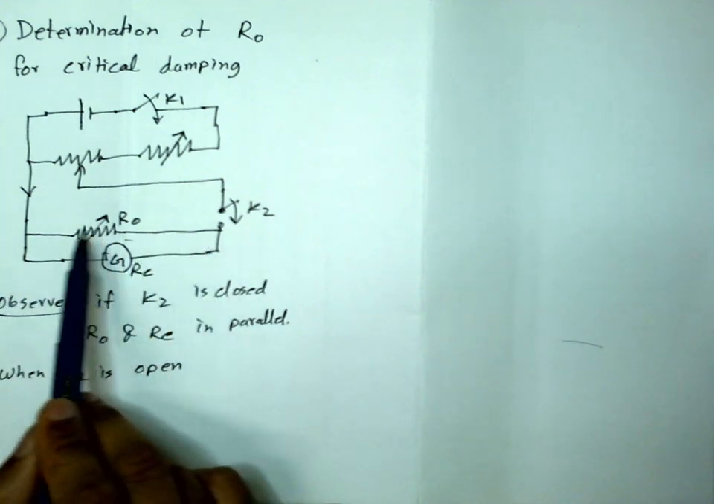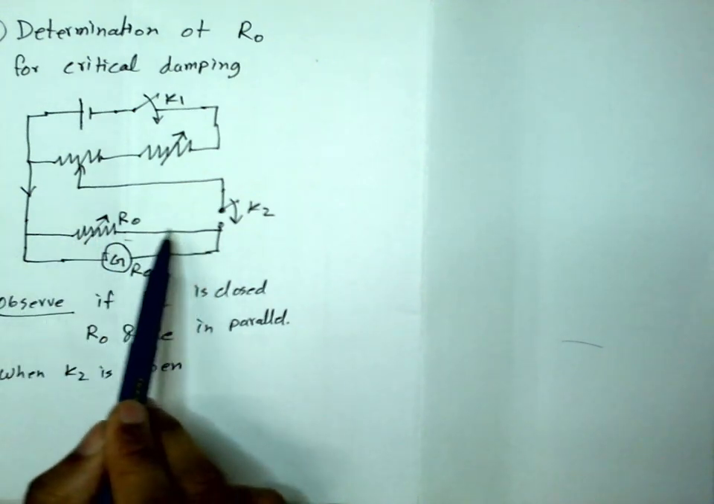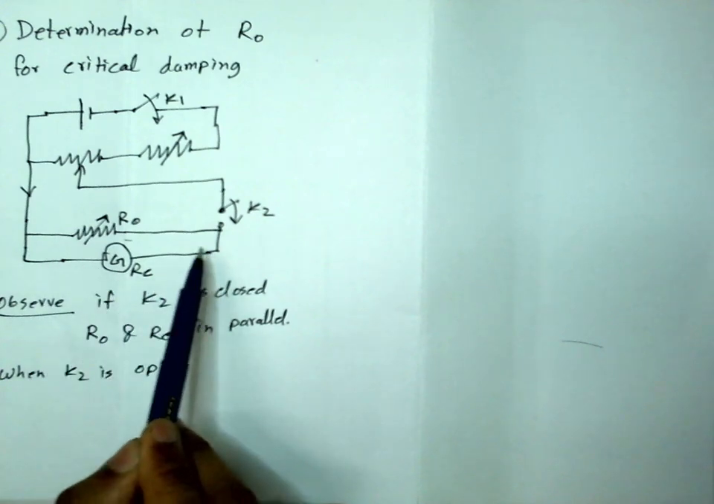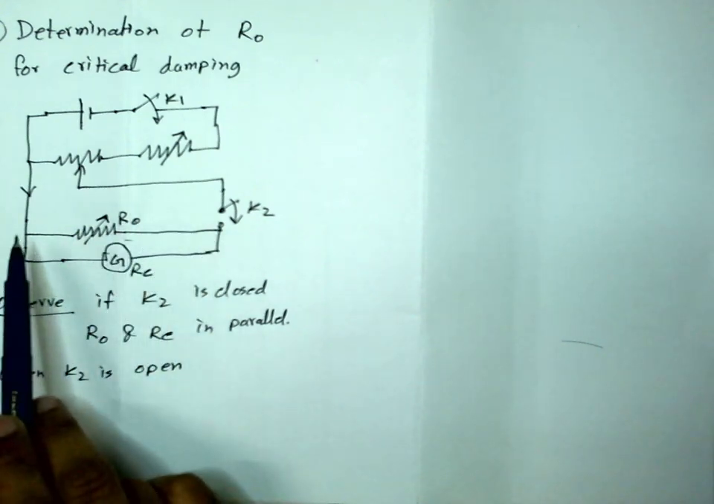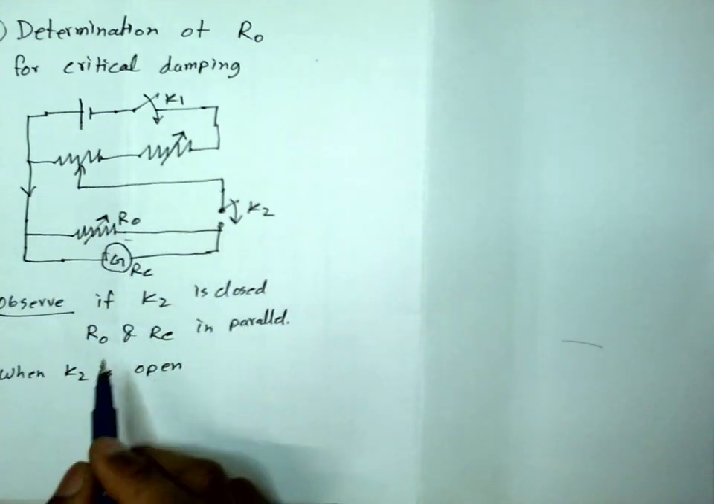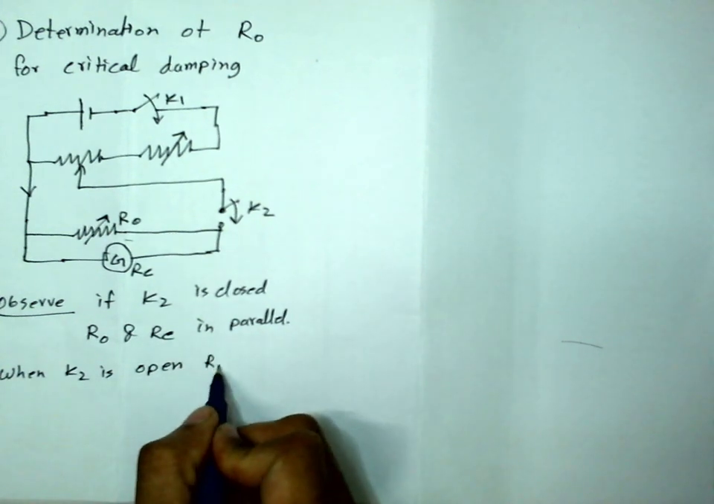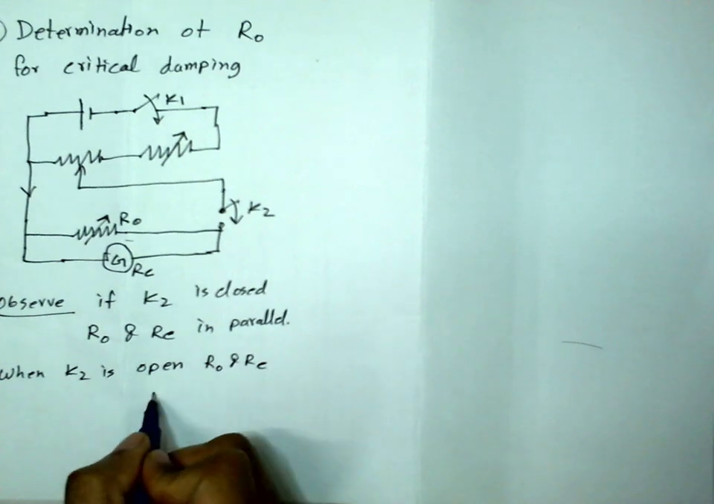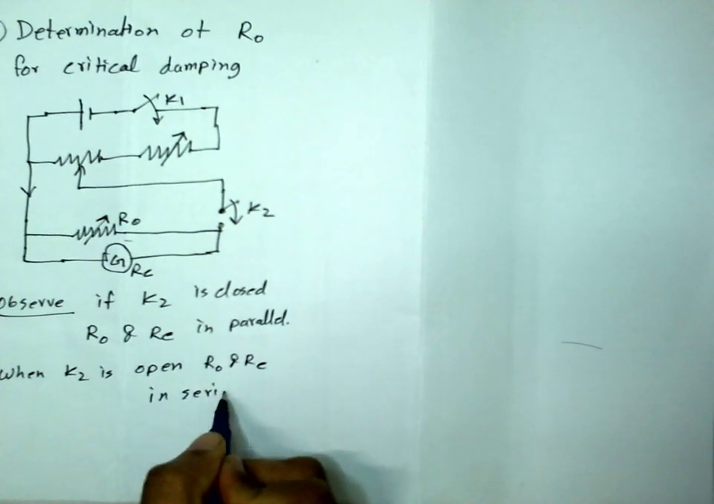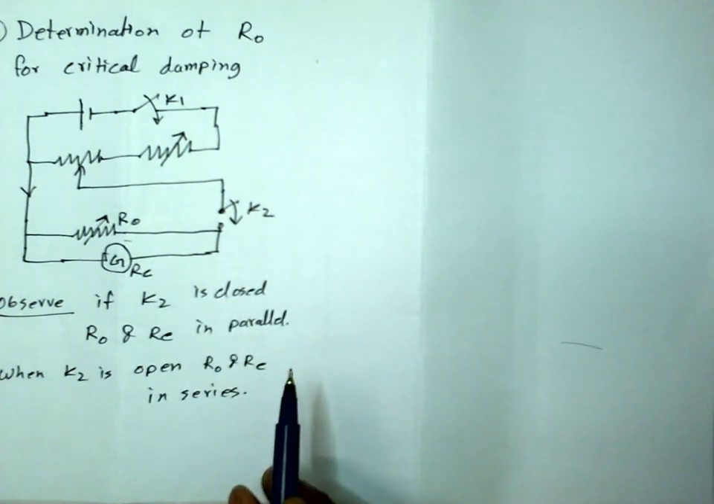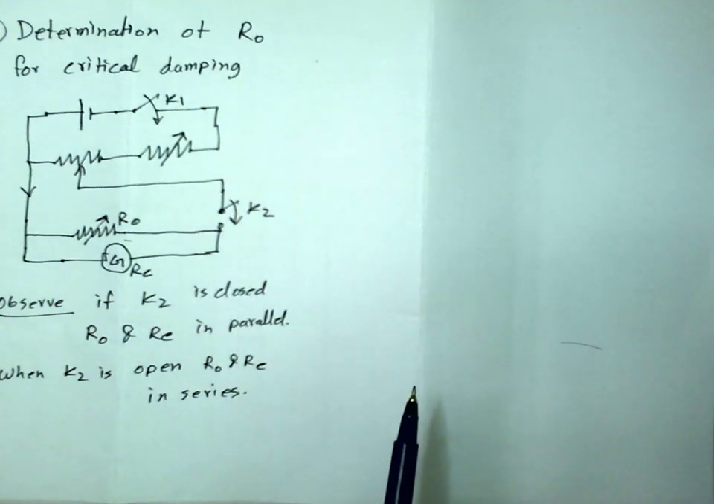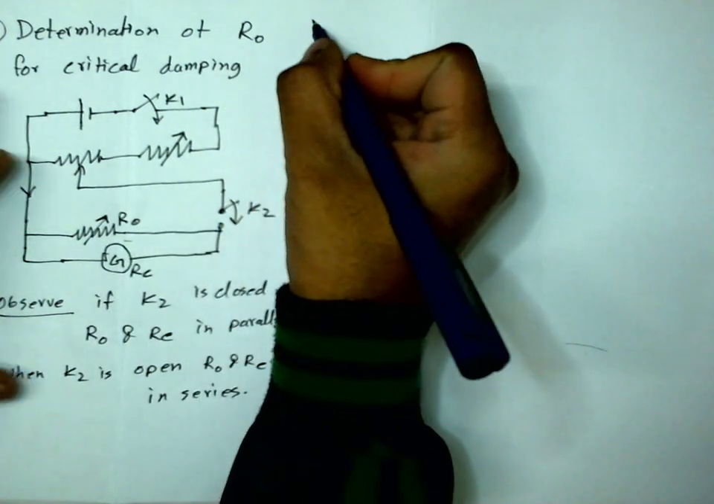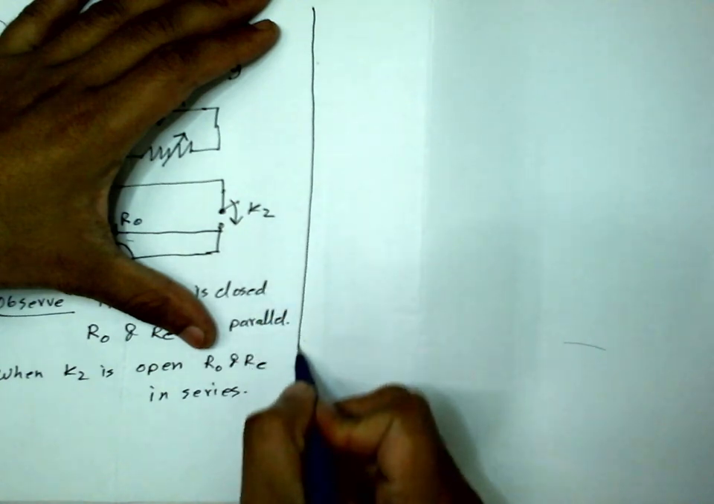so there can be only the same current that flows through both of them in a circular way, maybe in this way or maybe the other way, but the same current flows. So now we can call that RO and RC in series when this K2 is open. Okay, so now for the experiment, the steps are: